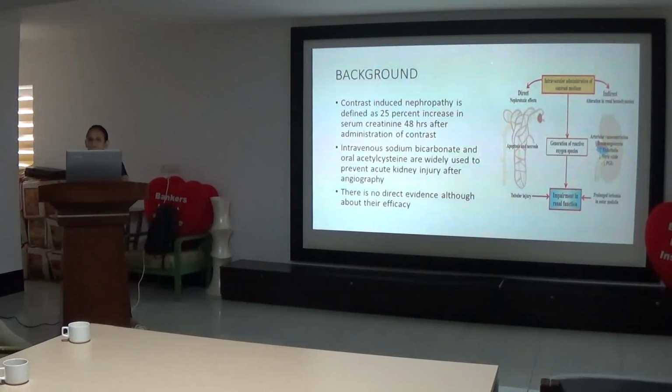Many studies check both high osmolar and low osmolar contrast media, and what they found is that the probable benefit is not high in low osmolar contrast media. High osmolar contrast is mostly not used right now, but if it is used, this particular molecule is never going to help, because the impact on the kidney with high osmolar contrast media is very